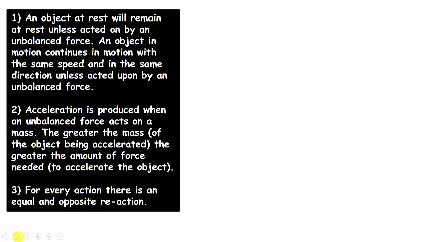So let's have a quick look at what Newton's three laws of motion are. Really, I think we can talk about this just by looking at number 2 and number 1. Number 2 is that basically, if you want something to accelerate or speed up, you need to apply an unbalanced force to it. So if you have, let's say, a roller skater, here we are, they're on roller skates. Not the best drawing in the world. In order to make them accelerate, they need to have an unbalanced force acting upon them. The larger the unbalanced force, and the mass as well, they both combine together to give you what the acceleration is going to be.